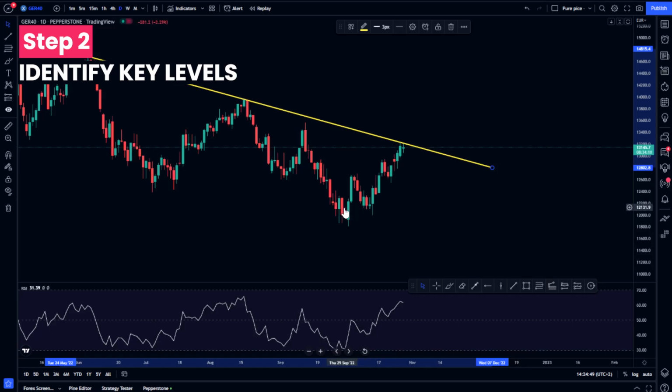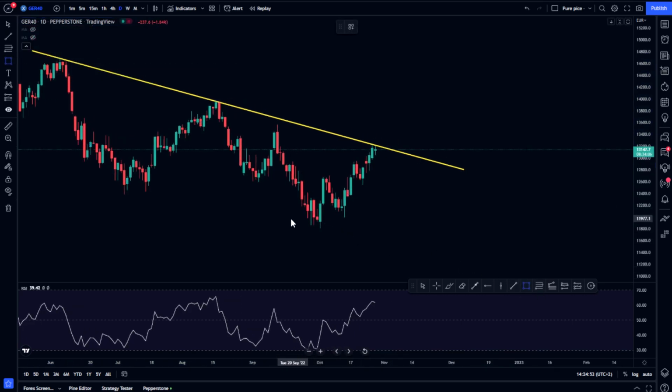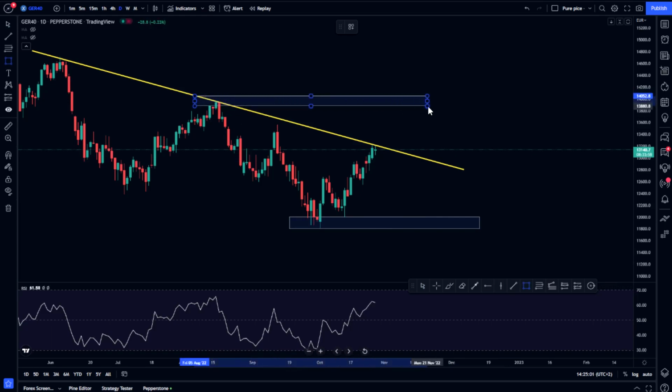Where is the price closer to? Is it closer to the support or the resistance? So here we have to identify our most recent level. Here we have our support and then we have our resistance all the way there. So we can see that the price has already confirmed our support and now it is heading towards, or it